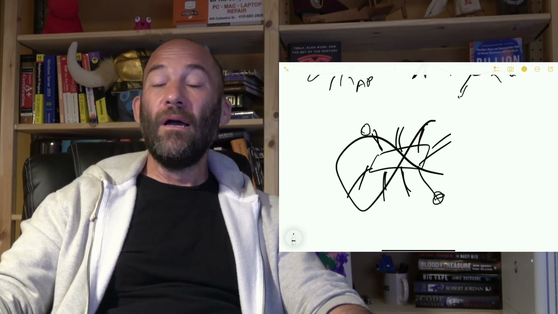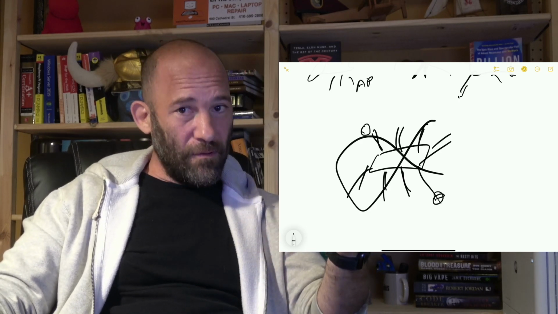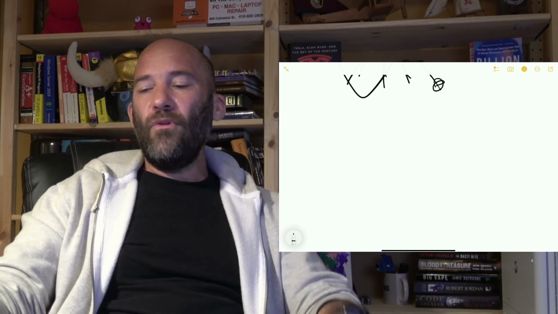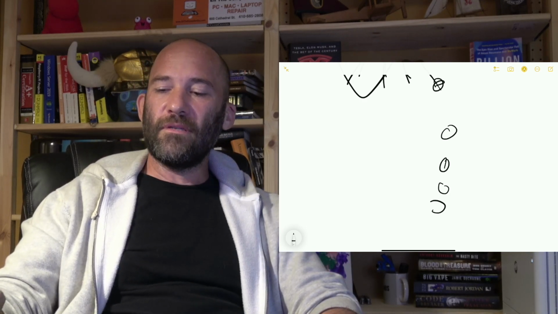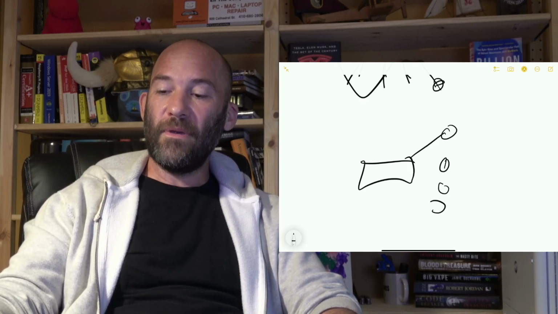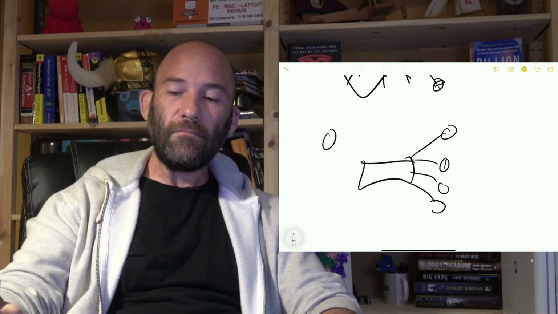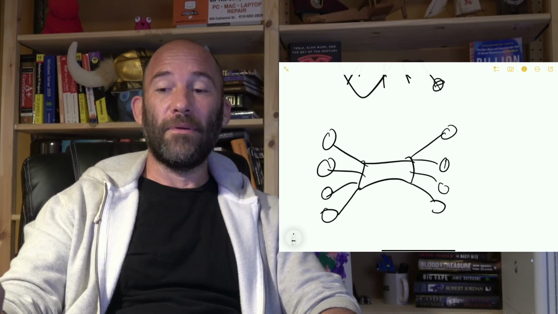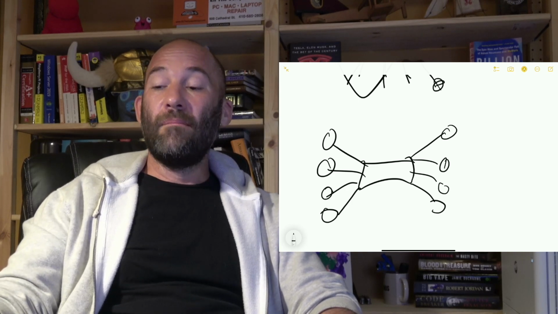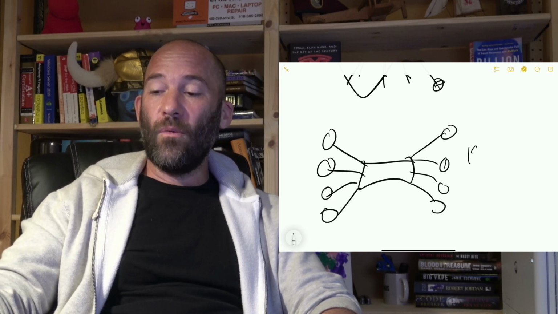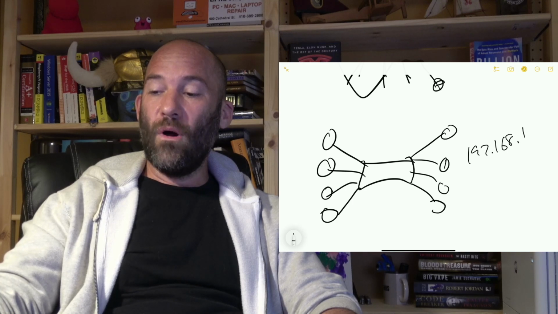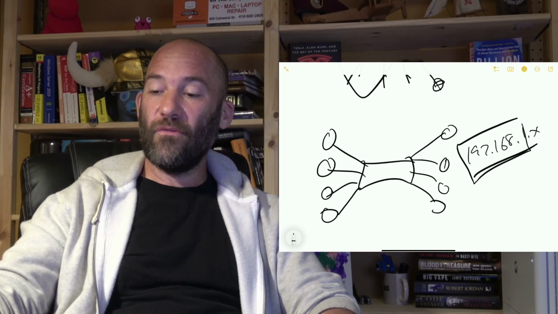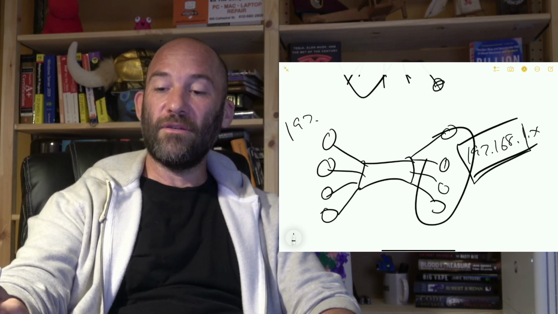Not so much anymore. But one of the things back then, when networking equipment was very expensive, one of the things they thought is, hey, what if we want some computers that are connected to a hub to be able to communicate with each other, but we don't want those computers to be able to communicate with other computers that are connected to the hub. And so that's one of the things with that network identifier 192.168.1.x, right? Basically, you could create this network for these computers, and then you have